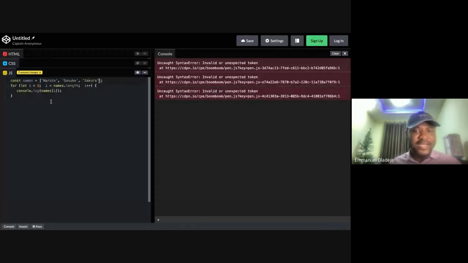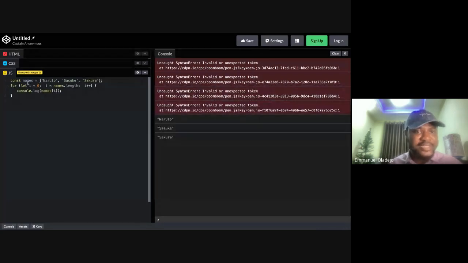So we have an array of names: Naruto, this guy, this guy, this guy. We did our initialization, which is i equals 0. Anytime I want to loop, let's try to understand the basics of this. Like I said, this is crucial JavaScript fundamentals in your day-to-day activity as an engineer. So i is equal to 0, if i is less than the length of this array, which is 3,